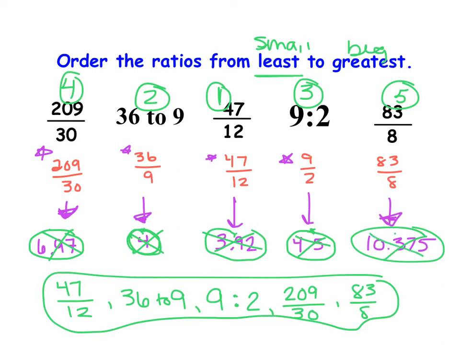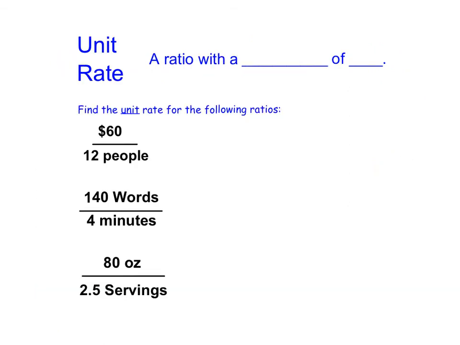So as I said, the easiest way I think to do this is to convert them all into the same ratio type of a fraction, and then divide that fraction out and order those decimal values. So now that we've talked about ratios in general, we're going to start looking at very specific types of rates, and rates involve ratios. So a unit rate, if we define it in our notes, is a rate with a denominator